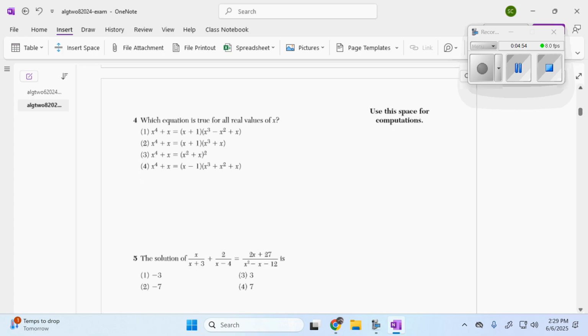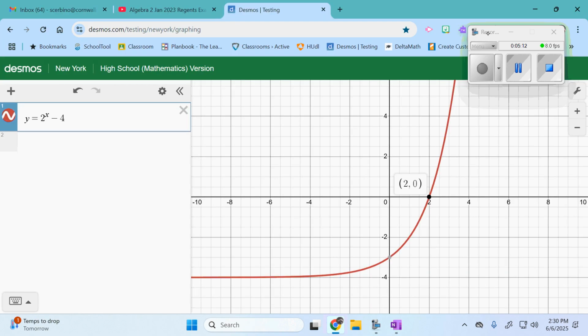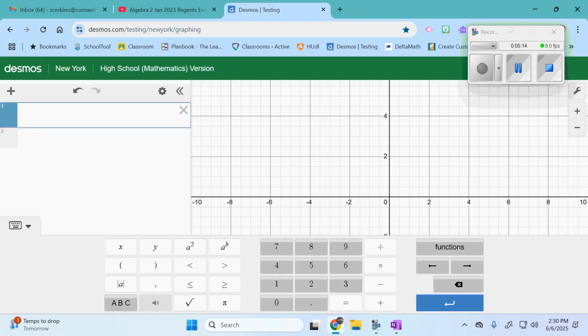For number 4, it says which equation is true for all values. Again, one of the ones where you could graph it, right? We can graph x to the fourth plus x, and then we can graph all the things that it potentially is equal to and see which one gives us the best graph. I want to show you that one for this one because there's a lot of algebra here that we potentially could do. So if I just graph one of the x to the fourth